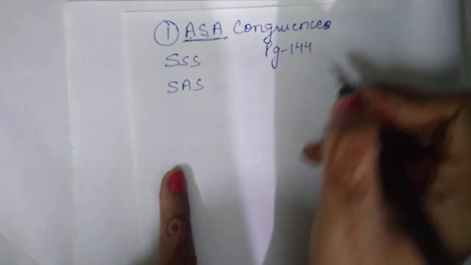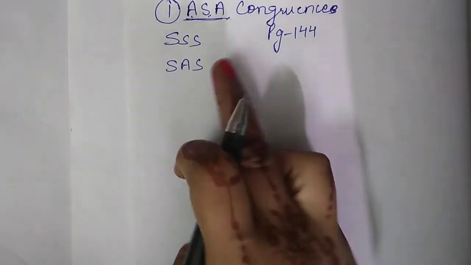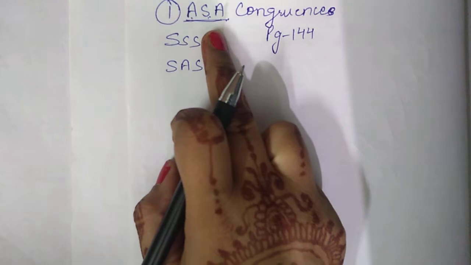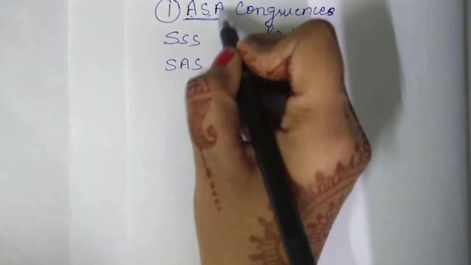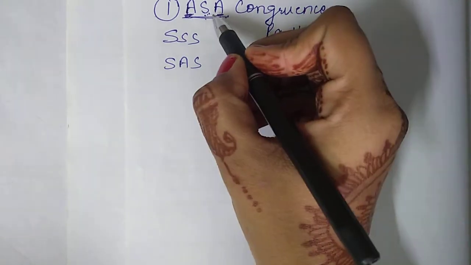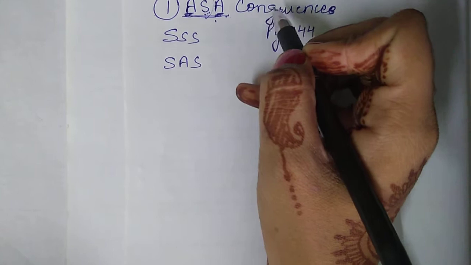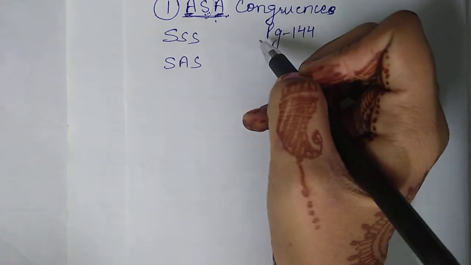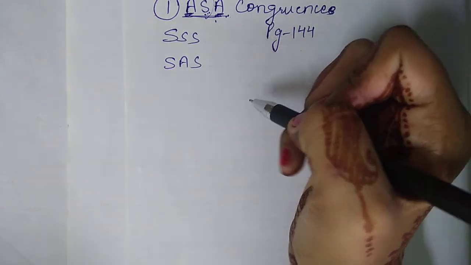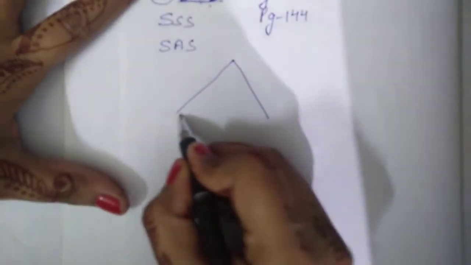You can read it. Okay, I am explaining the meaning of that statement. It states that two angles and one included side of one triangle are equal to two corresponding angles and the included side of another triangle, then the triangles are congruent. So if we are having two triangles,